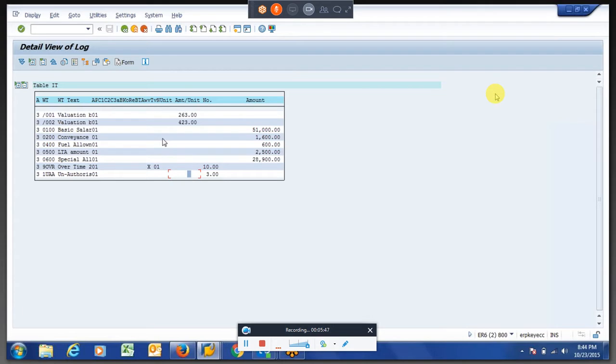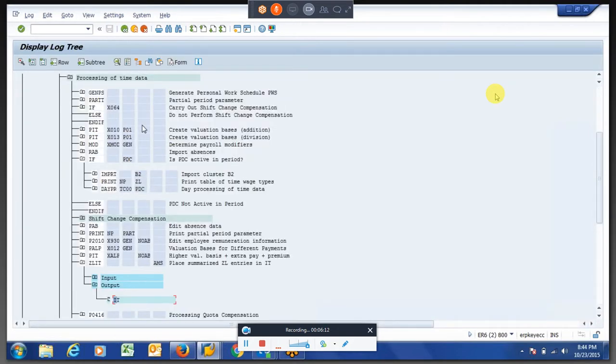So now what the requirement of the client is, this 3 hours, sorry, this is 3 days. Actually, the 3 number is days for us. As of now, it is in a number field. So 3 days of salary should be reduced from his salary. That means it should be treated as unpaid absence. So what we have to do, we have to work again on the same thing in the factoring.